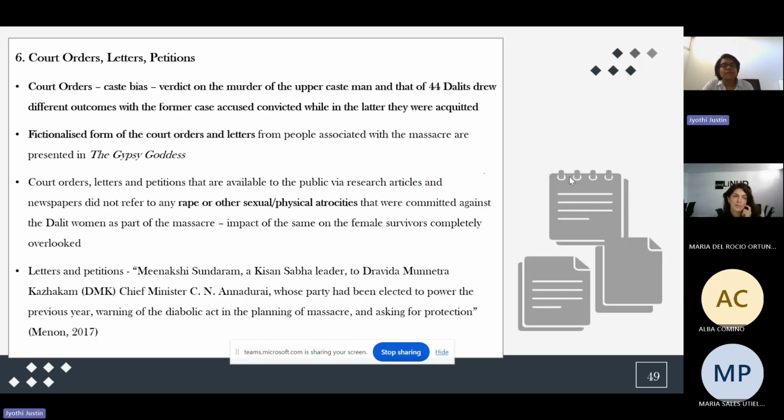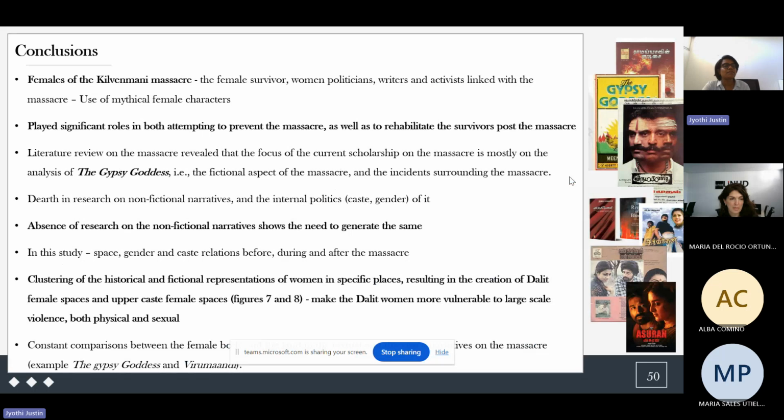While looking deeper into the court orders, letters, and petitions that we collected on the massacre, we found that there is no mention of rape or any other gender-based violence that took place during the massacre. These are not documented, and there are no cases filed based on such instances. In conclusion, when we look at the females of the Kilvenmani massacre, it is not just confined to the female survivors,